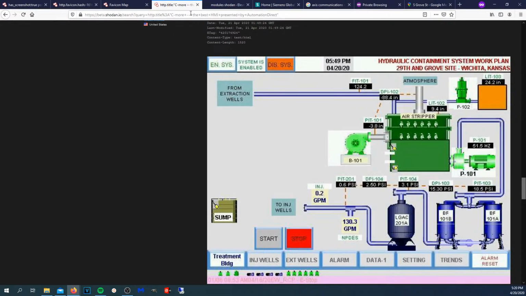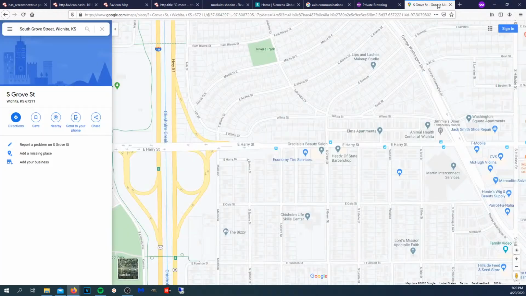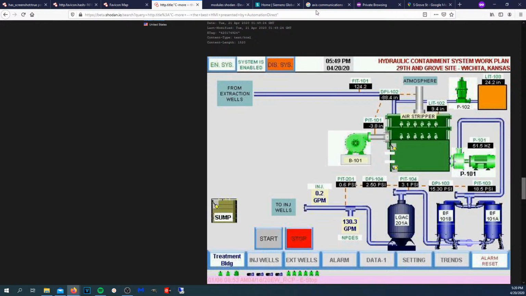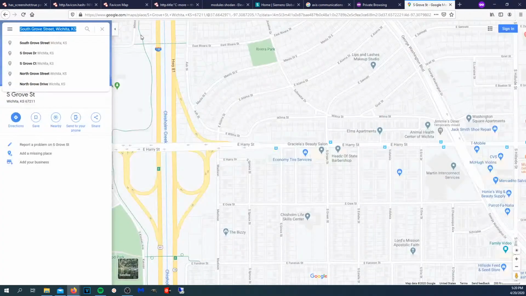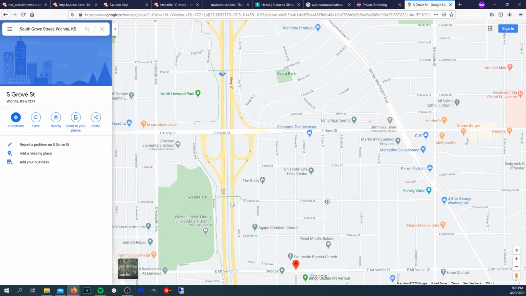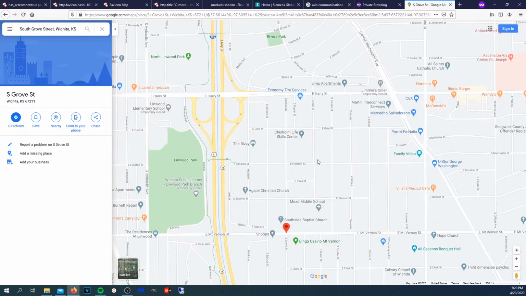Hydraulic Containment System Plan, Wichita, 29th and Grove site. And it's also hydraulic containment system. Oh, this is so bad. Yeah, I'm not clicking on it. That's a good way to get on a list. I'm probably already on a list for looking at this, but I'm just curious where in the world. I mean, I know where in the world this thing on Shodan is. It's just a matter of trying to find it on